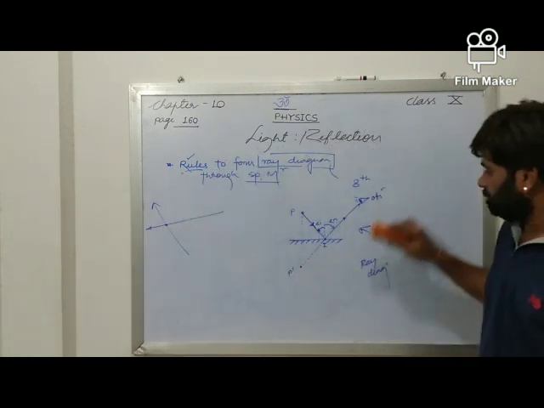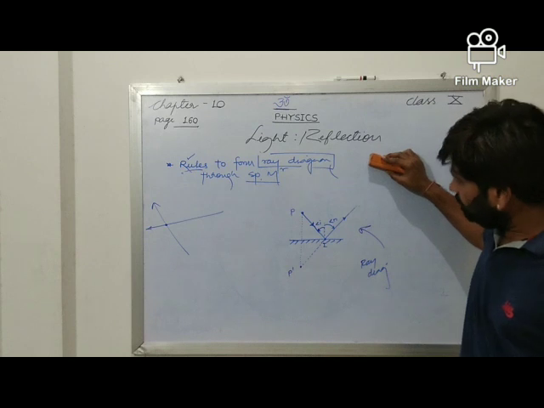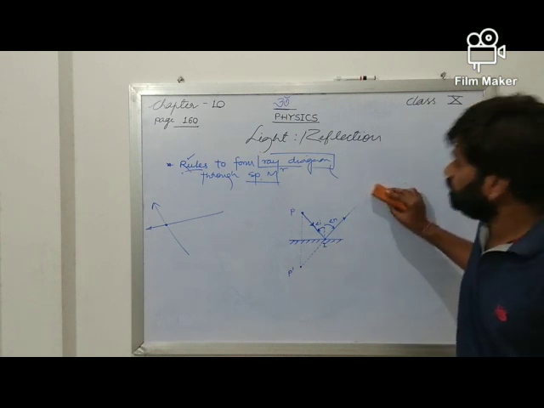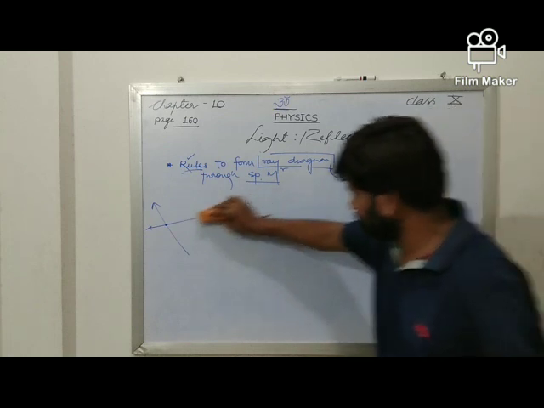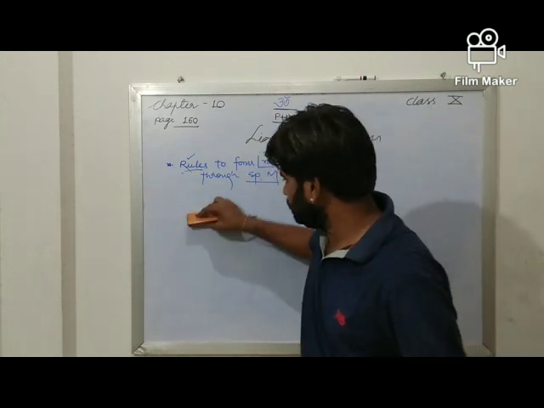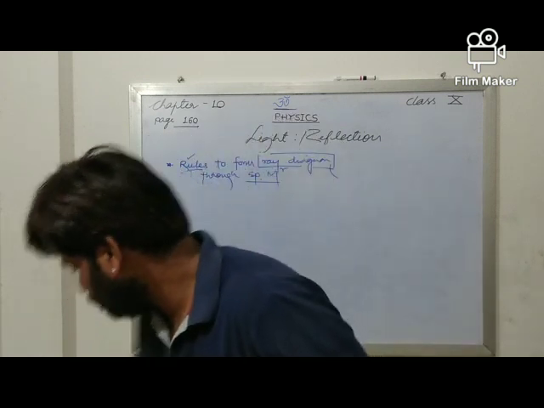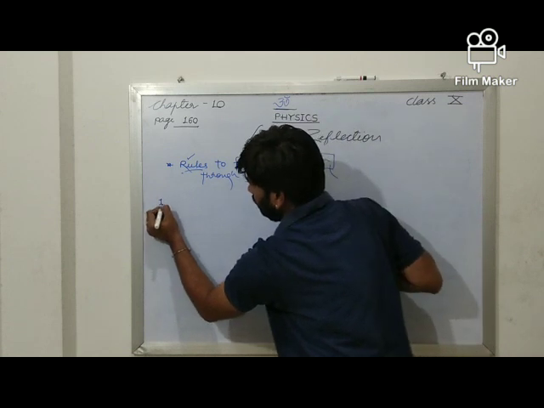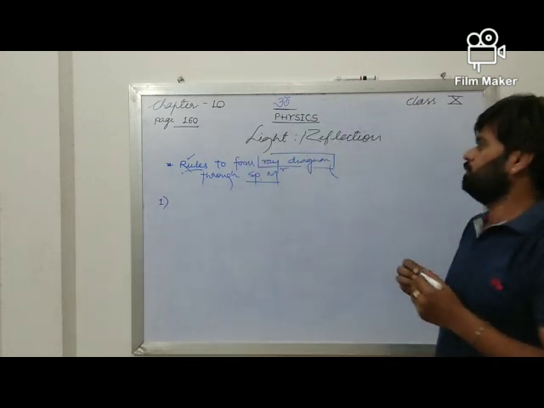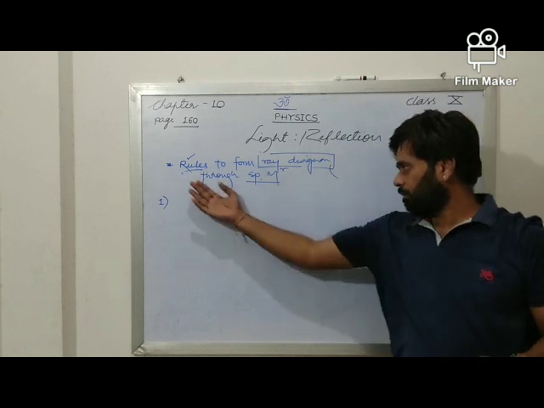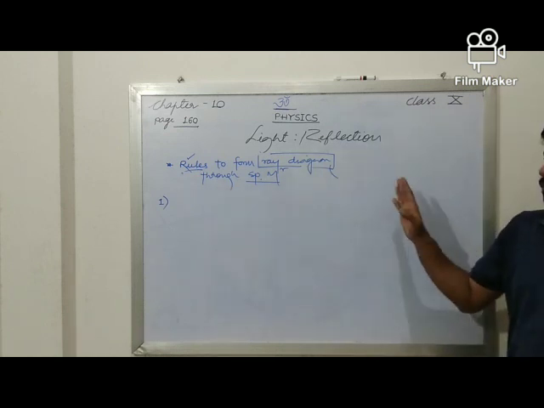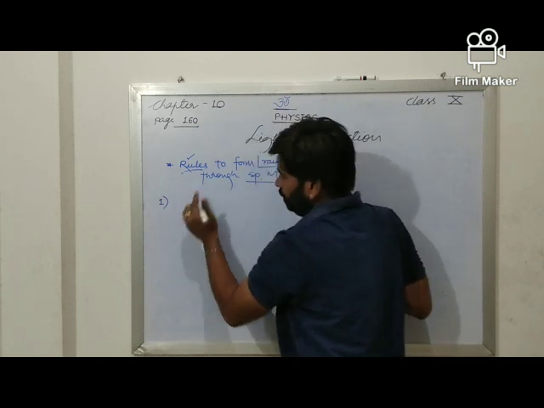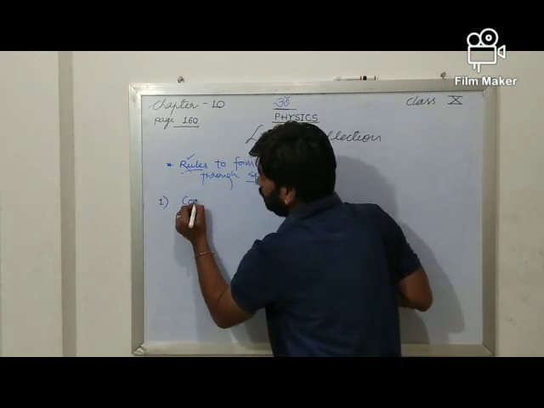Now this was the very simple case, the plane mirror case. Now we are going to do such type of things through the spherical mirror. Let us see. Before that, a few rules are there, so we have to see those rules. Rule number one. We have two types of mirrors, so we will have separate rules for both. Now the very first rule: suppose let me introduce that particular rule for the concave mirror.